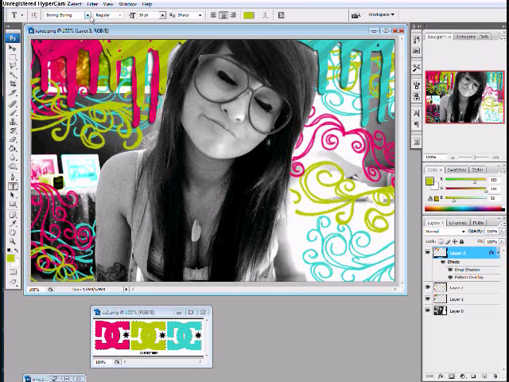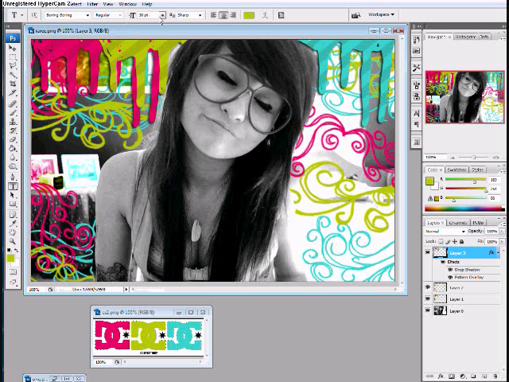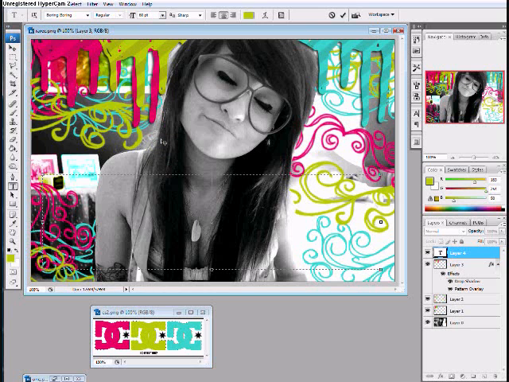Now you can add text. A person asked me to show them how to make text, so while I'm at it, I'm just going to add text real quick. Okay, so pick the text that you want and the size, and you're just going to make it like a text box. And I'm going to make this big, and I'm going to put the name of my site, which is Riot Contest,